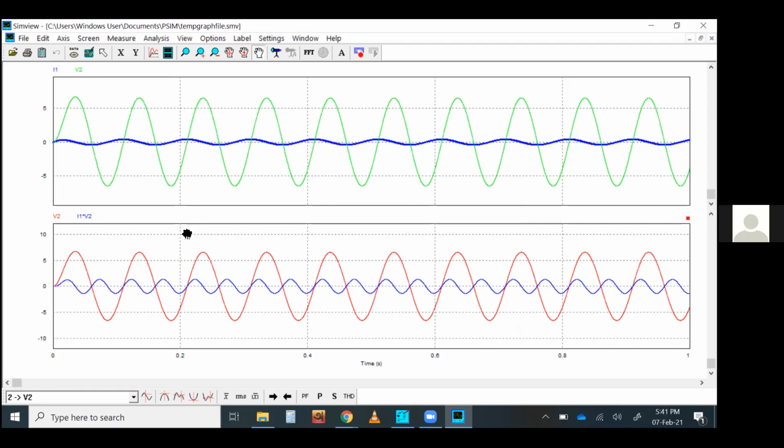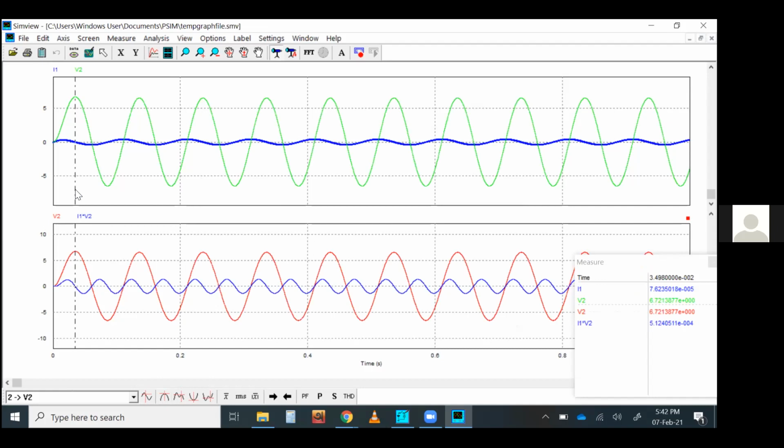Now, say for example, you want to find the peak point. What is the value of this peak point? There are options available here. You just simply click here, global maximum. So there is a tracer bar that comes here. You just shift it, move it in any direction. That will give you the value at a certain point.